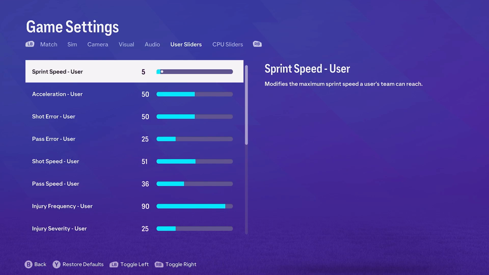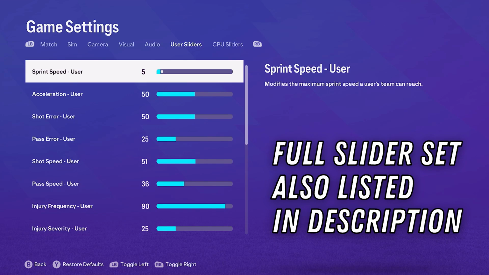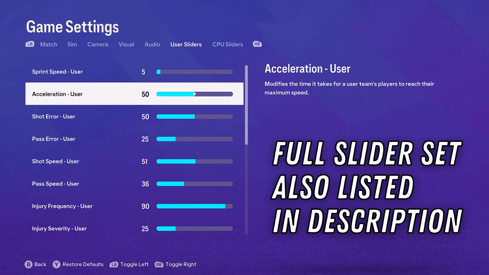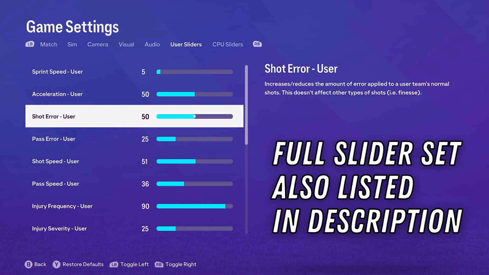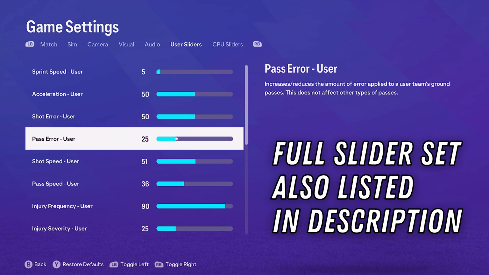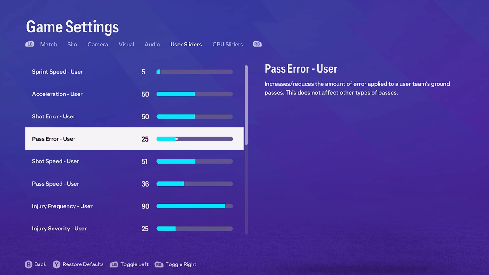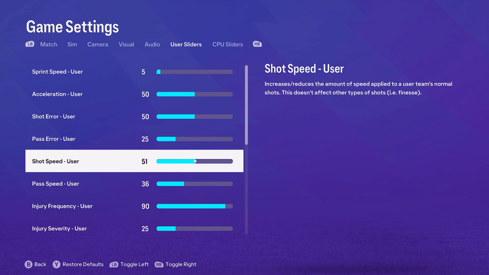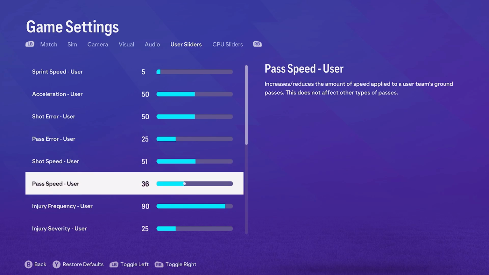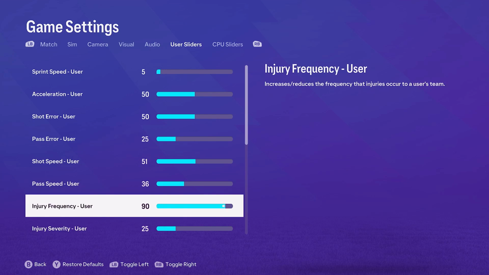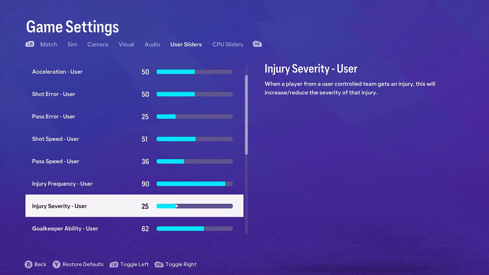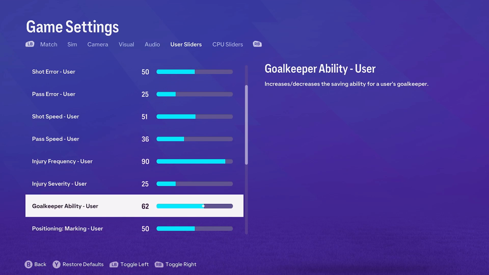So just to summarize, the final slider set would be for the user. You want sprint speed at 5, acceleration 50, shot error should be at 50 also, pass error you want down at 25 if you are using manual. But remember, if you are using assists, passing assists, crossing assists, those kinds of things, you do want to bump this up. I went over this in the initial video, so go back and check that out if you are unsure. Shot speed should be 51, pass speed 36, injury frequency 90 but severity 25, goalkeeper ability should be 62,